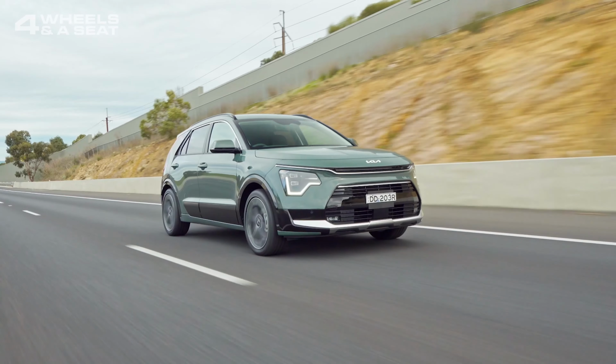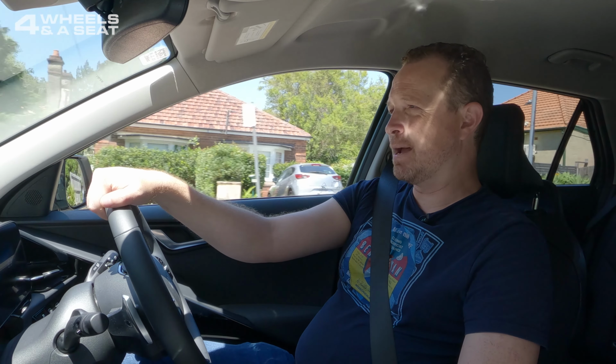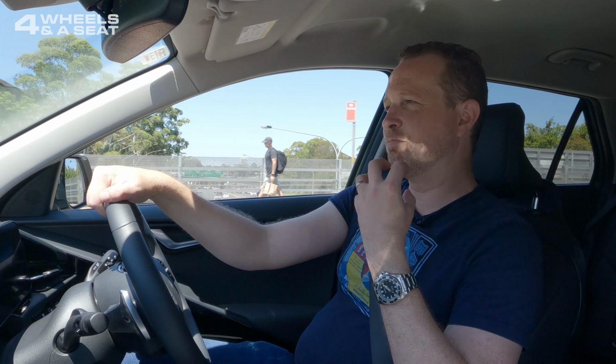The regenerative braking also does not work in sport mode. It only works in eco mode. And when you have it on its harshest setting, which is level 3, it does sort of make for a slightly jerky ride, because if you just ease off the accelerator, you're instantly slowing down. And in most EVs that have regenerative braking, you can kind of finesse it so that you don't really notice